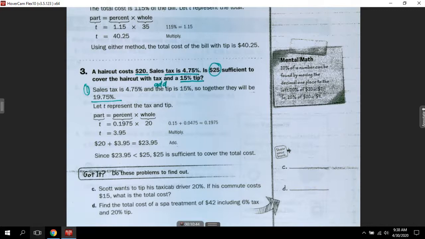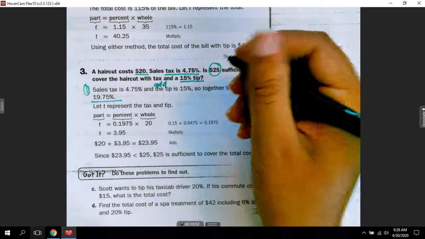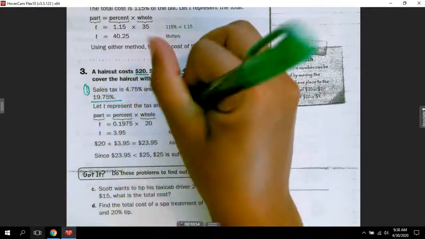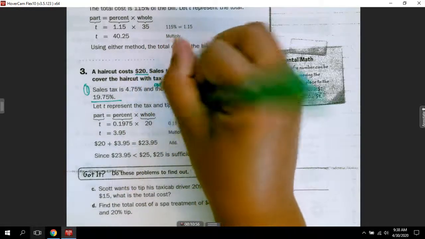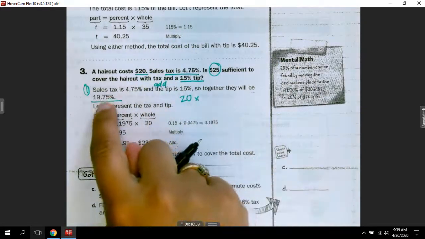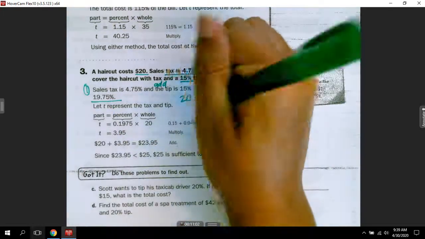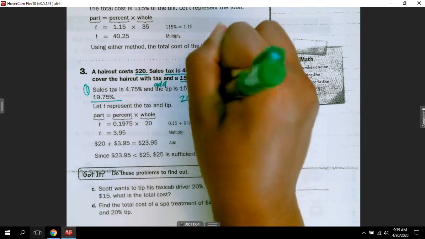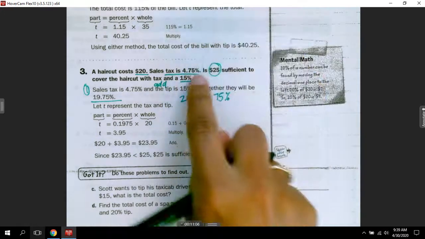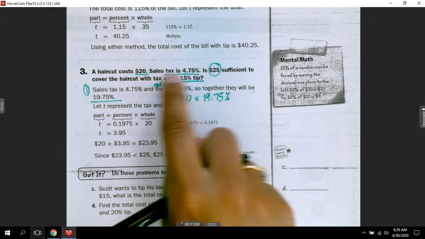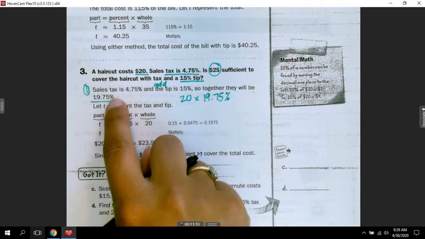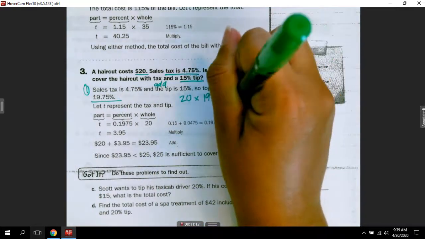Now this is exactly like what we've been doing before. The 19.75% is what you're finding of the cost of the haircut. So your original haircut was $20. You're going to multiply that by the tip and the tax, which we found was 19.75%. The only thing that's changing here, because we have two different percentages, is that we're adding those percentages together to give me one, okay? So when I multiply that together,